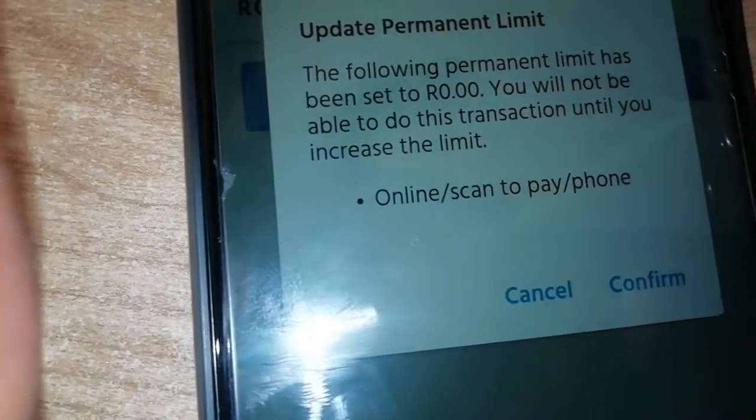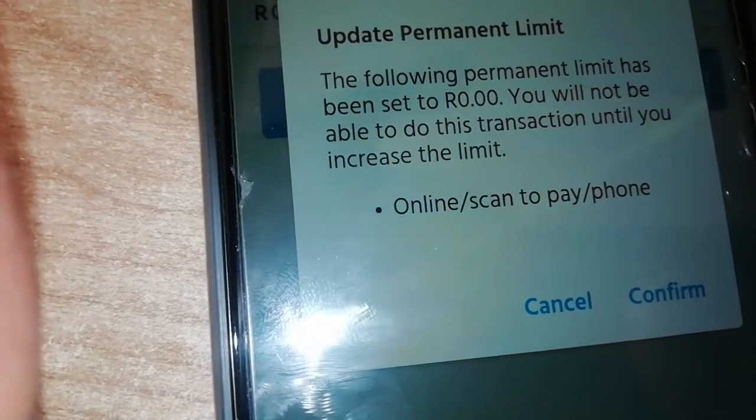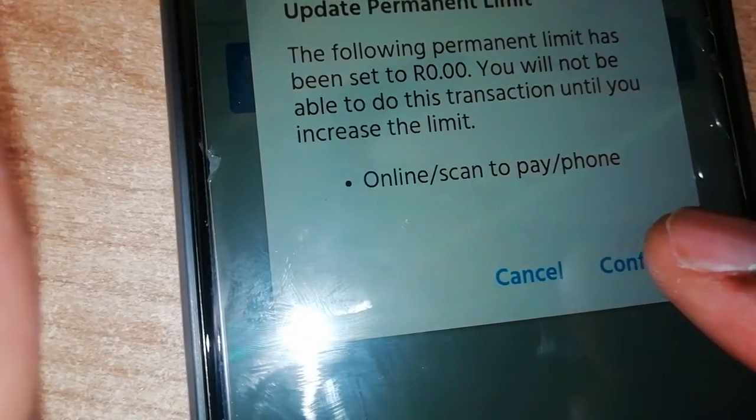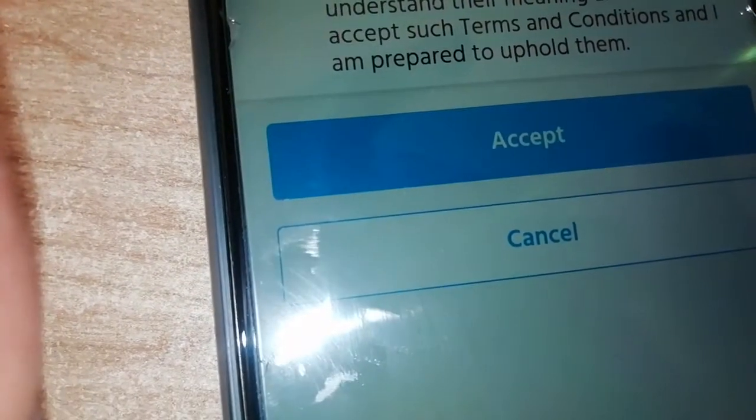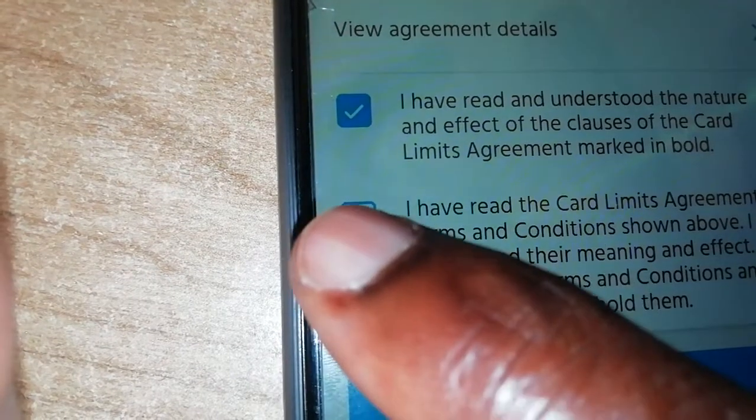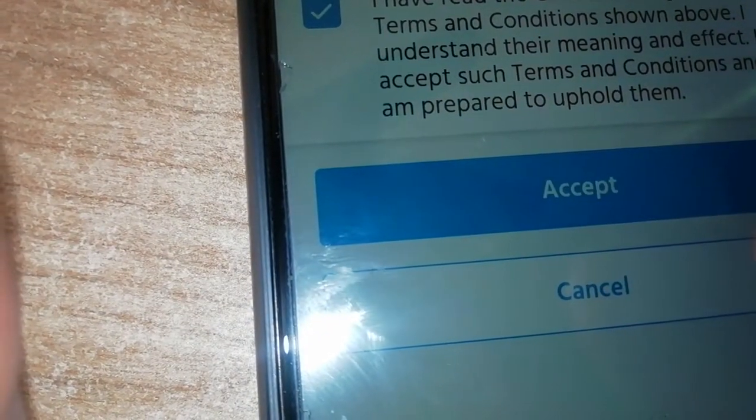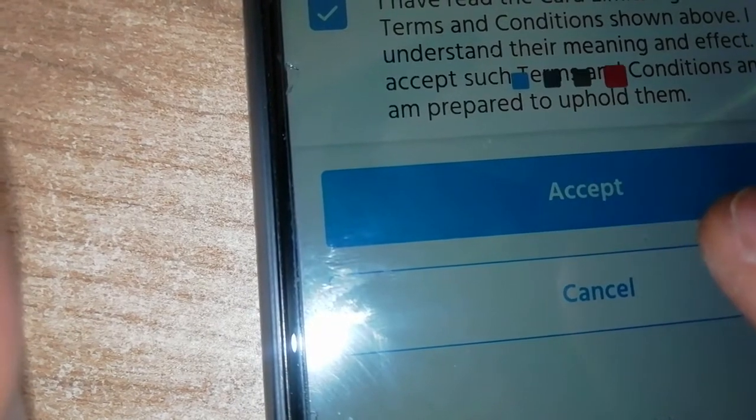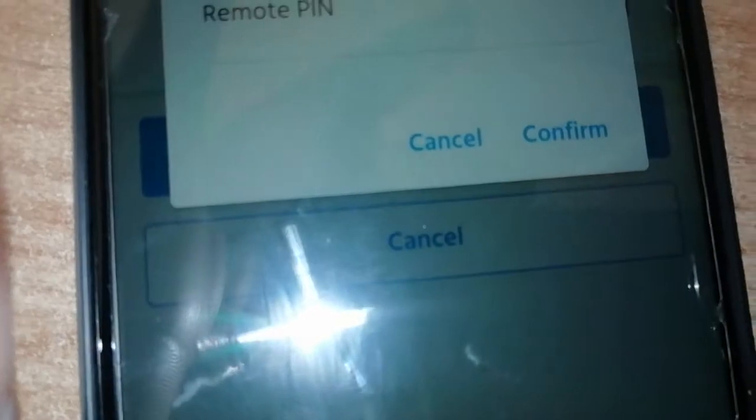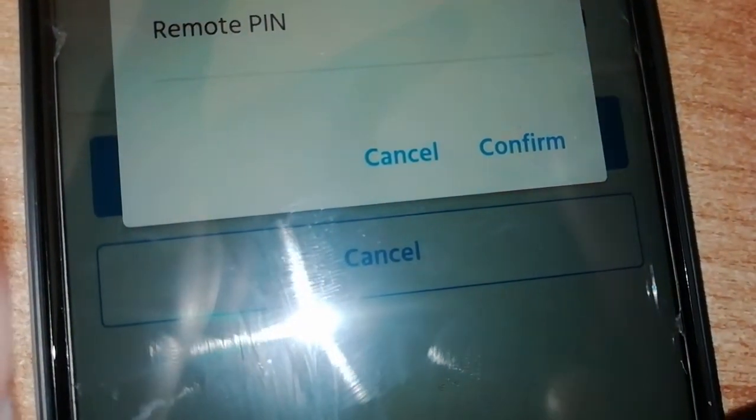Scan whatever, confirm. We left that at 0, no problem, but we changed the first one, and we're going to say accept. I have read and all that. You accept that, you accept that, you accept. Tap that. Once that is done, it will tell you to confirm and put in your remote pin. What is a remote pin? It's going to be your